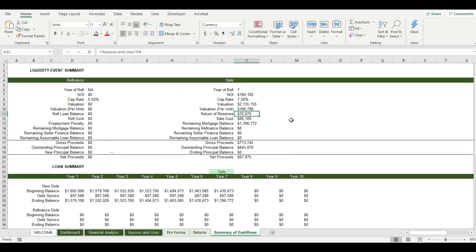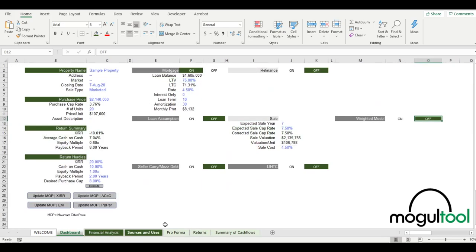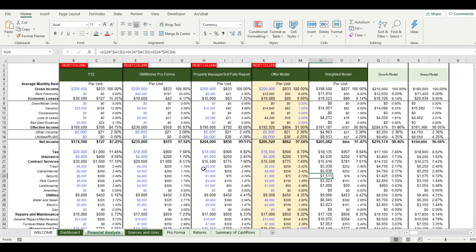And basically it breaks it down and it says, hey, here's the proceeds from the deal. And that's incorporated in the return summary. Okay, so we made it all the way through. We've set our numbers and we feel good. Let's just say, we kind of went through this pretty quickly, but let's just say we're very happy with this